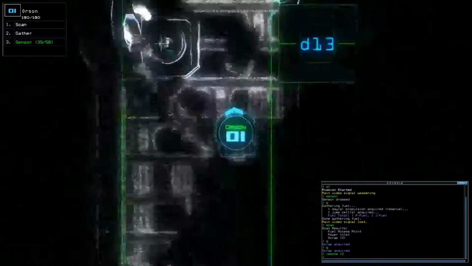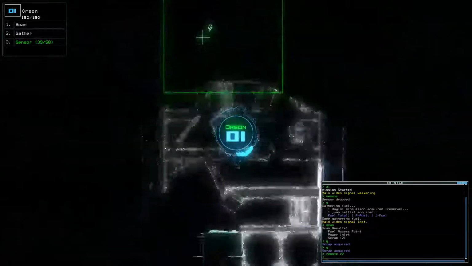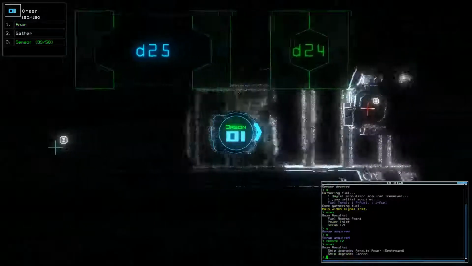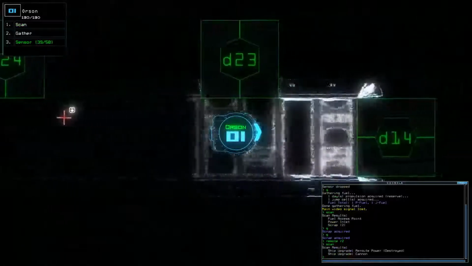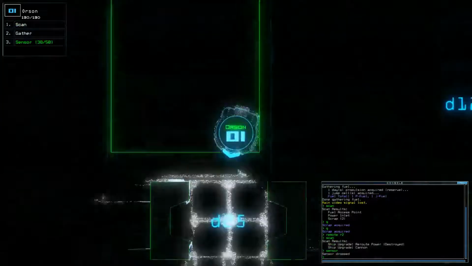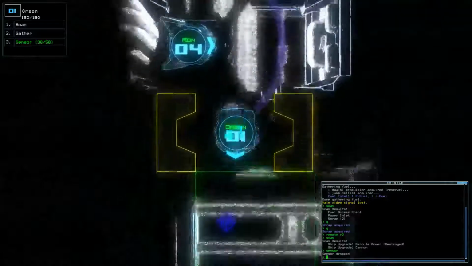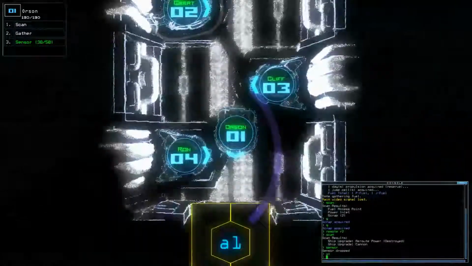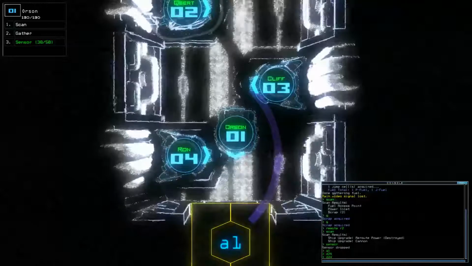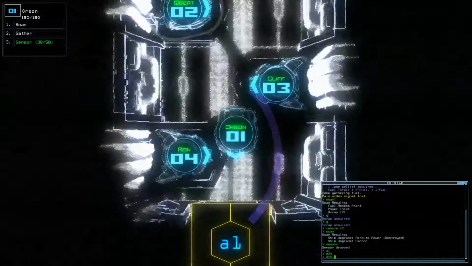That's incredibly annoying, actually. But, okay, there were only the 2 scrap in here, so I don't actually need to see it. And scan. 2 ship upgrades, nothing else. Okay. D24, D23. It looks like that's going to be a very long hallway, so yeah. So we'll see if anything comes out of there. It'd be nice to actually be able to see it, but